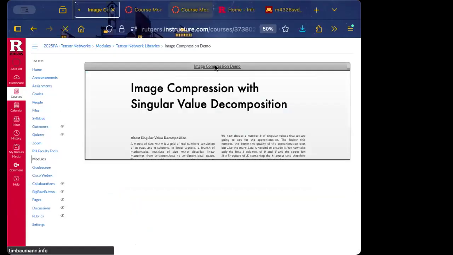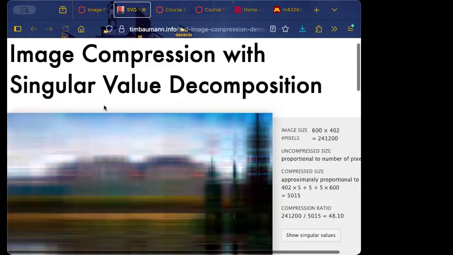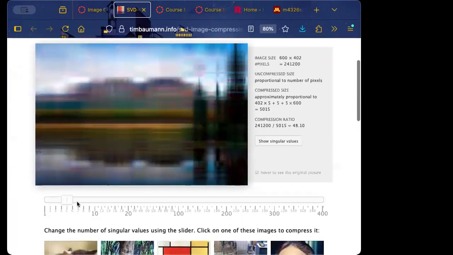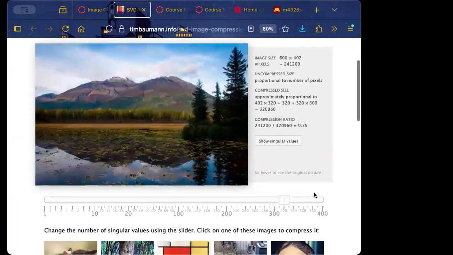It's kind of like the same idea. I just liked it because it also had more images to play with. So you can control it more easily, right? For example, this is keeping all of the singular values, and then you start throwing more and more out, and then you can see how the images change as you